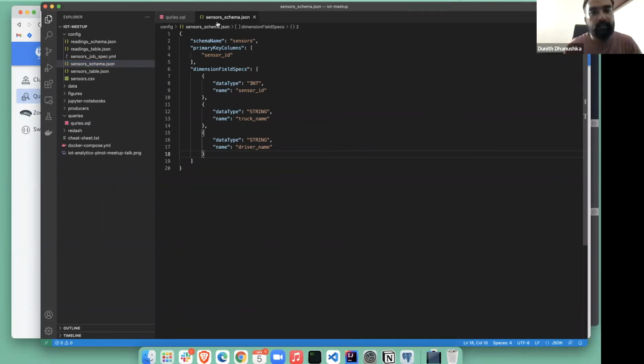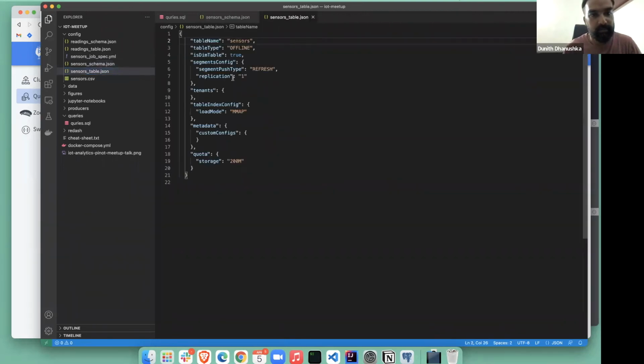First thing, this is the sensor schema. It only has sensor ID, truck name, and driver name. But as a requirement, you must nominate a primary key column for sensor ID. Also, this sensors table should be an offline table, and you should mark this table as dim table true.